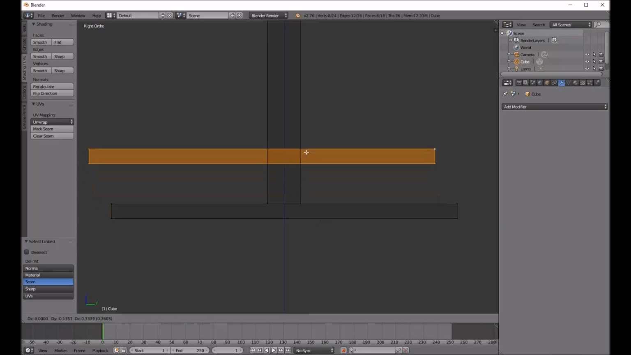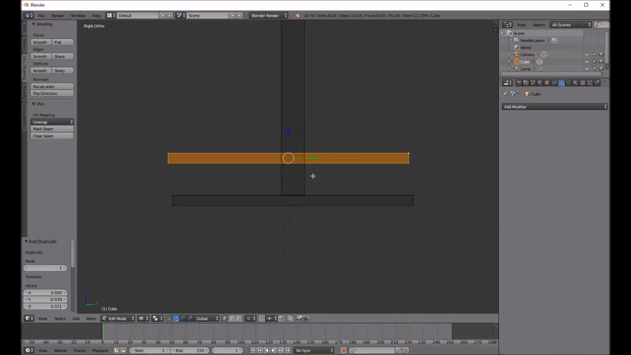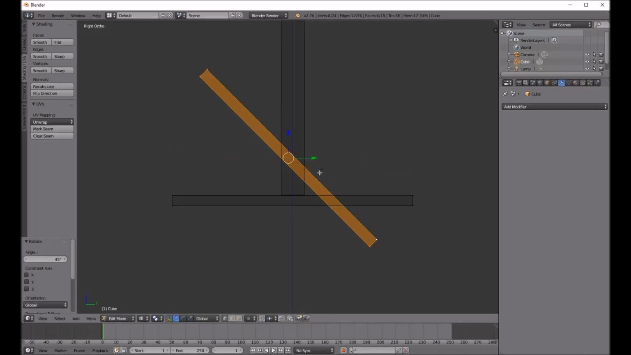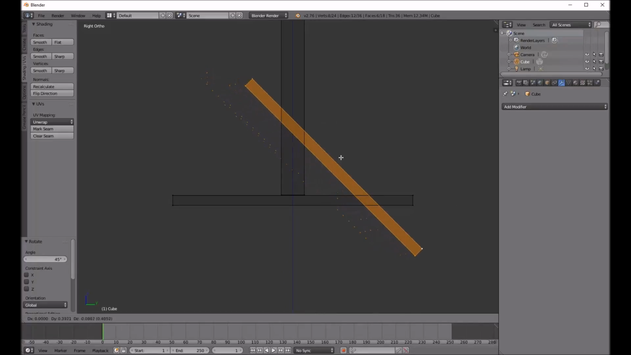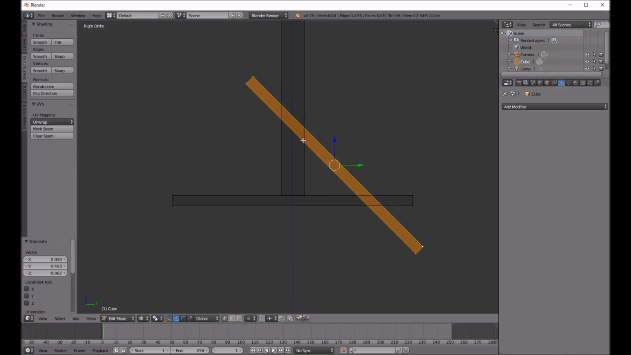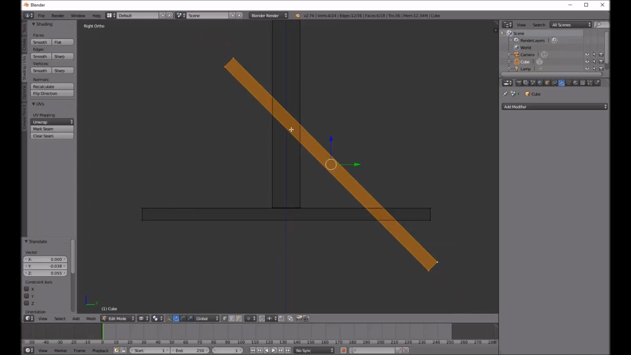go ahead and Shift D to duplicate. I'm just going to move it up, doesn't matter. Hit R 45 to rotate it 45 degrees, and we'll just position it where we like. So it's going to connect here and here, so just wherever you think it looks good. So I think that'll be fine. And what we're going to do is,